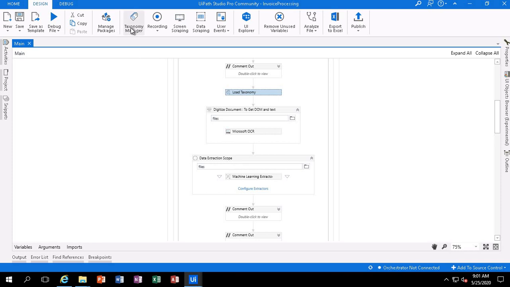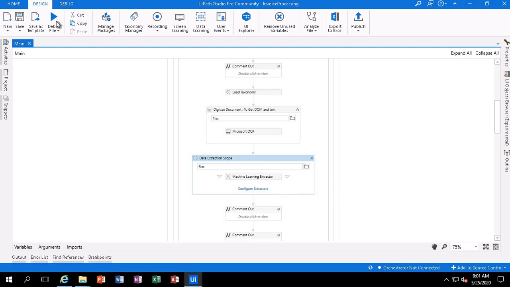Once we specify the fields in this taxonomy, we will load the taxonomy.json file using the Load Taxonomy activity. Then we will use Digitize Document, in which we pass the document name, and it returns the DOM and the document text as output. Then we will use Data Extraction Scope, and I have used the machine learning extractor to extract the data from those documents.